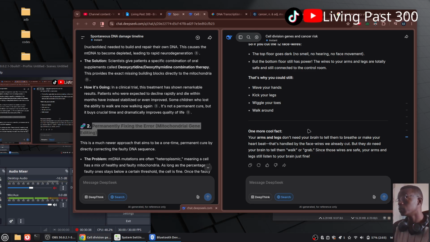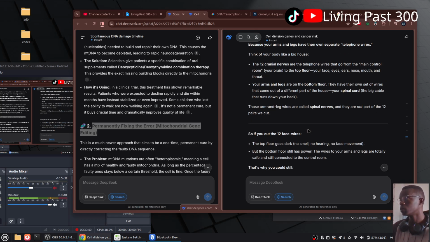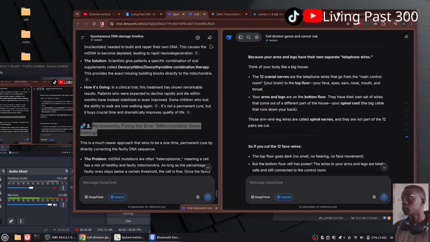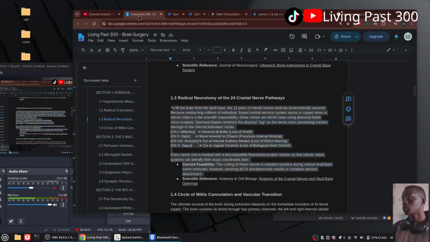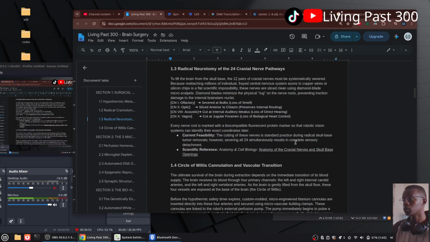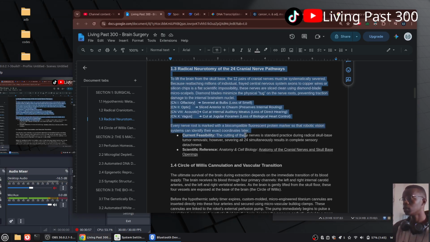Okay. So the cranial nerves basically just go to the face, ears, nose, mouth, and throat. Oh, okay. I would have to cut a lot of things, so I would make sure that I cut these very carefully. Otherwise, if you damage anything, someone can lose